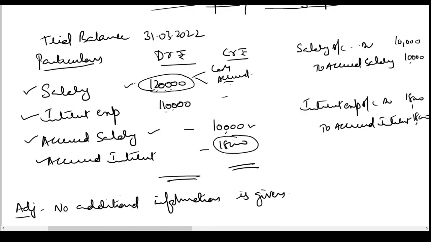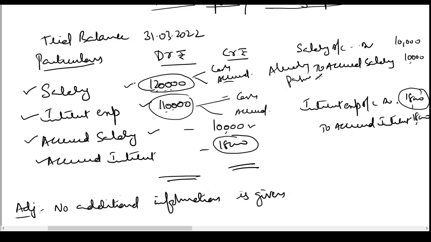This amount of 18,000 is already included in the interest expense. So we can say out of this, some amount has been paid in cash and some amount is accrued. That means it is not yet paid. So cash amount would be 1,10,000 minus 18,000. The remaining amount would be 92,000 rupees, which has been paid in cash. So now in this problem, these entries have already been passed. So we need not pass these entries again. So our job is very easy in this problem.